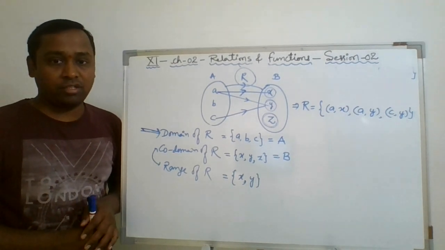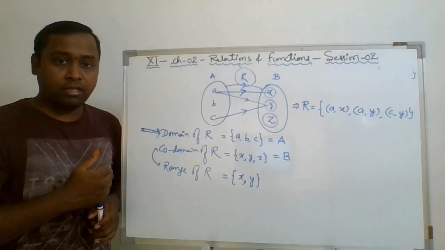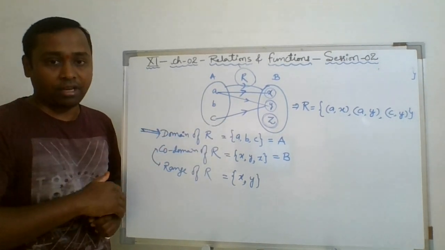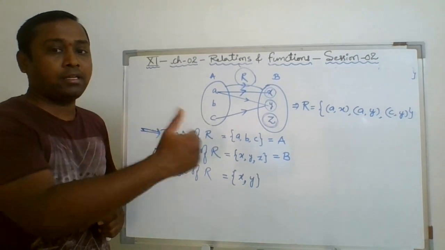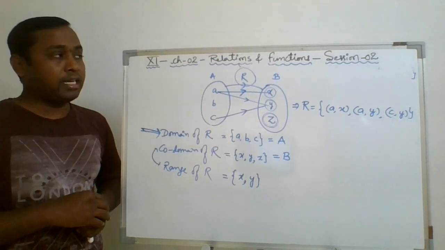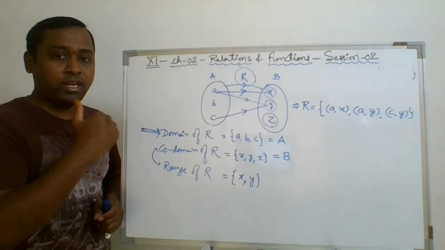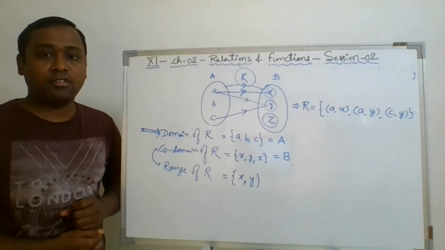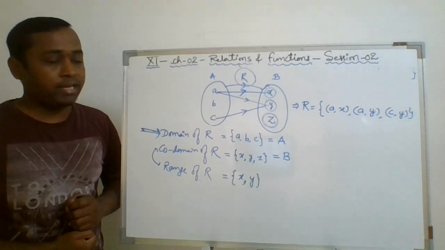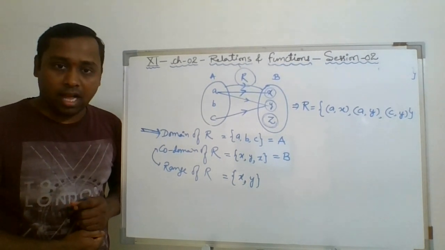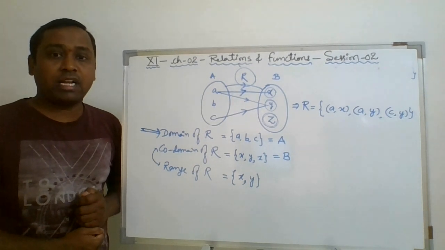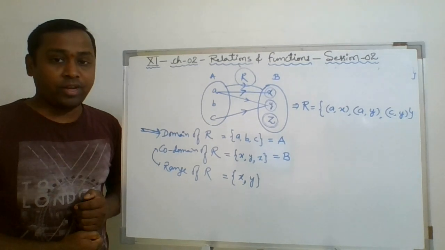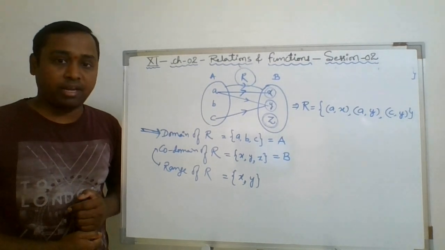I have told you in this chapter: Cartesian product, relations and functions. These three are interrelated topics, meaning they are completely connected with each other. Interdependent even. So once you finish this relation, you will be getting into the function in session 3. Till then, I would request you to complete the task and practice each and every question thoroughly, because writing skill is very important while solving this chapter.